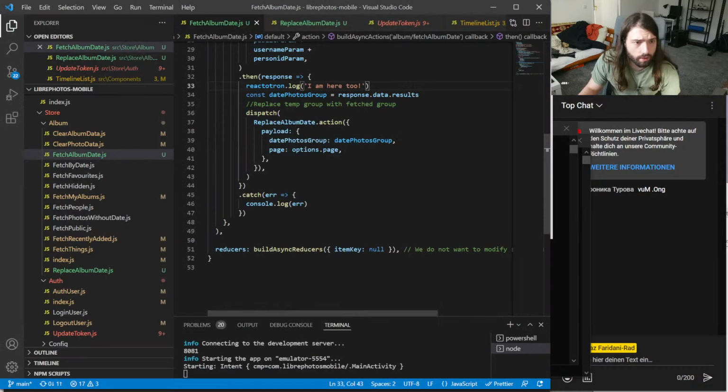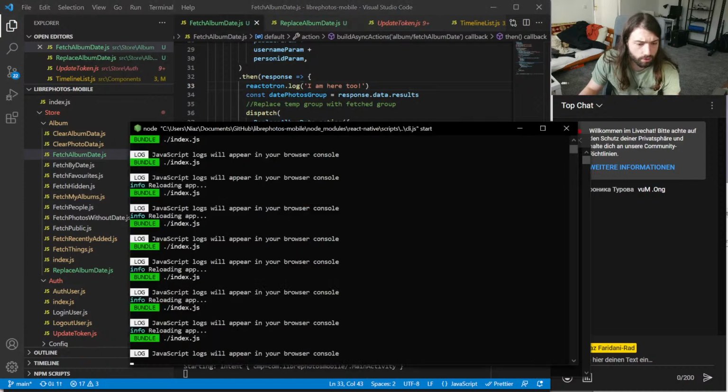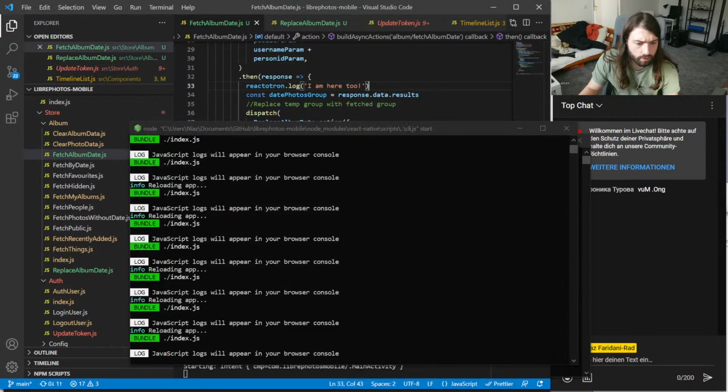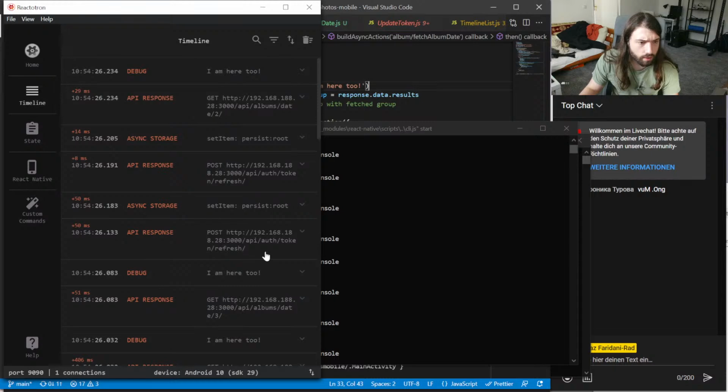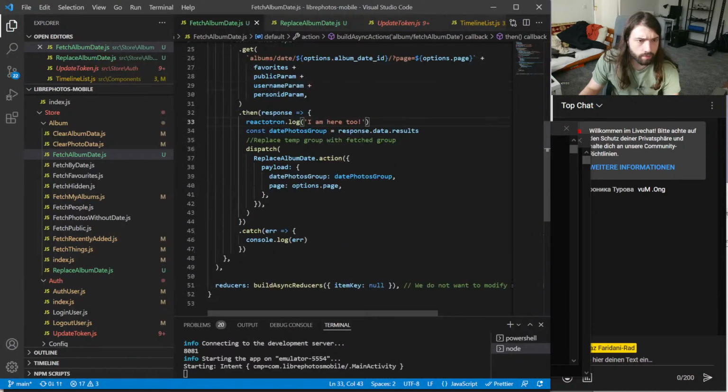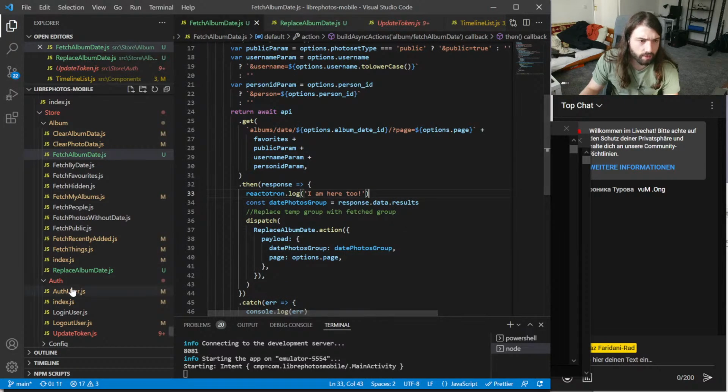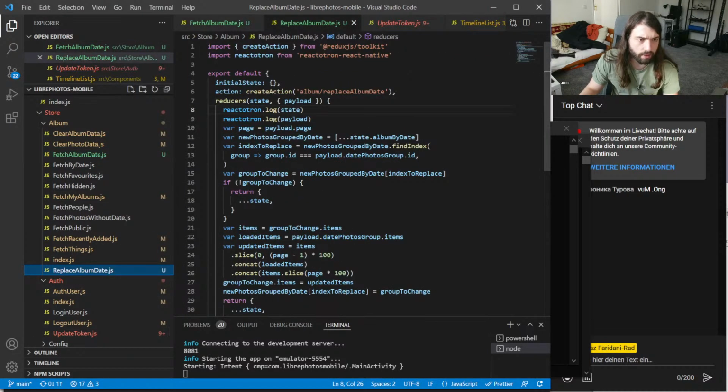Okay, so we're technically still in there too, so that's great to hear. Right, so the problem is that replace album date does not fire at all.